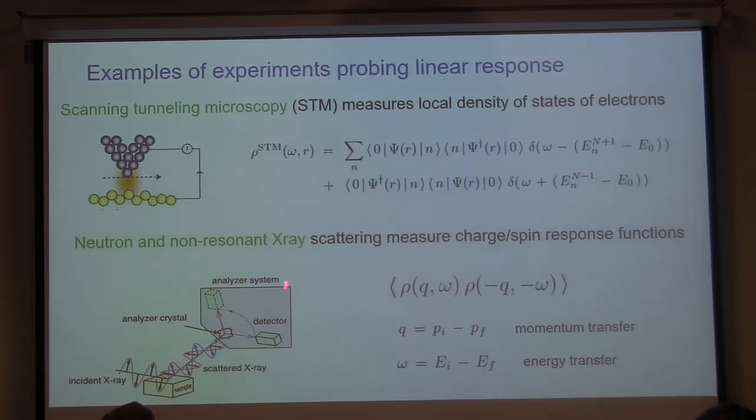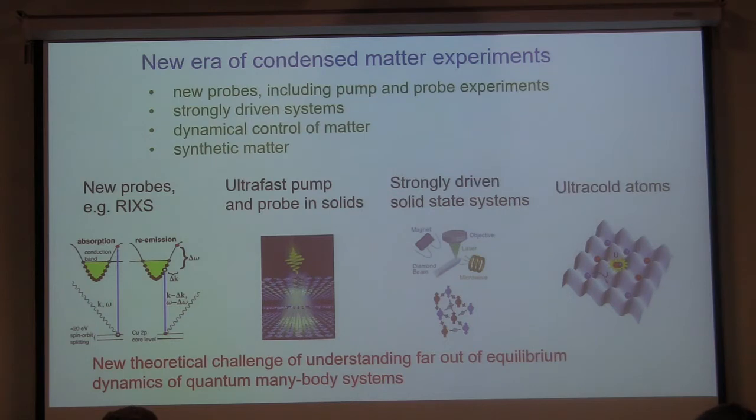Or if we look at scattering experiments, usually this is something like scattering of photons or scattering of neutrons. Then the general framework is that we have a particle coming in. For example, in this case, it can be a photon, and then it's scattered, and we're looking at momentum transfer and energy transfer, and this intensity of scattering is just given by the density correlation function. And now, both of these frameworks, like looking at systems in equilibrium and also probing linear response functions, are being challenged by the new generations of experiments.